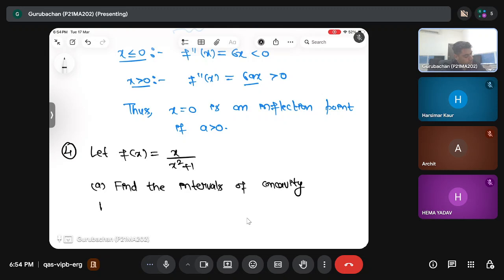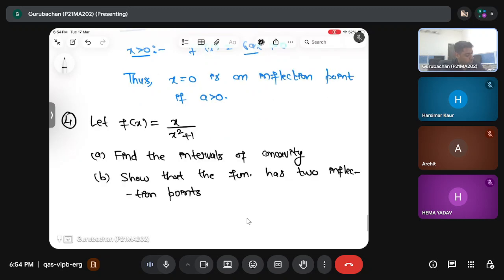Second, show that the function has two inflection points. So this question will cover both things, concavity and inflection point, and even the concept of extrema in some sense. Discuss